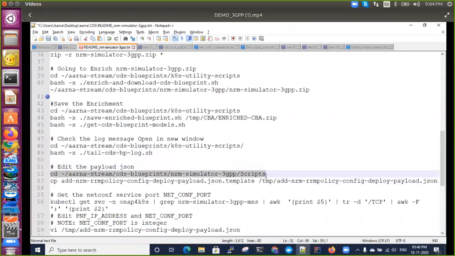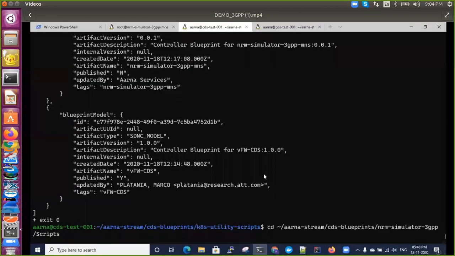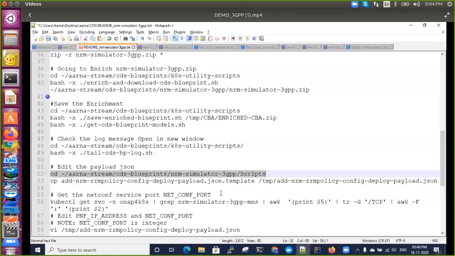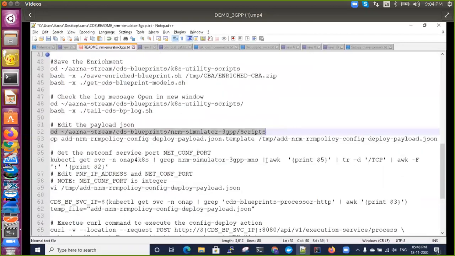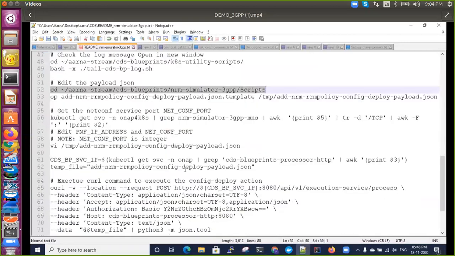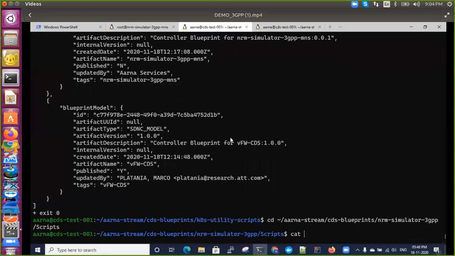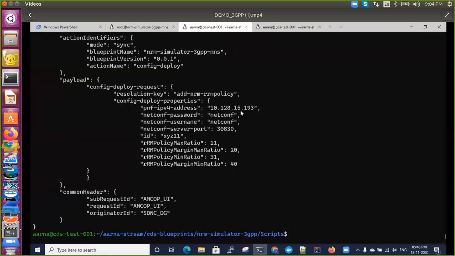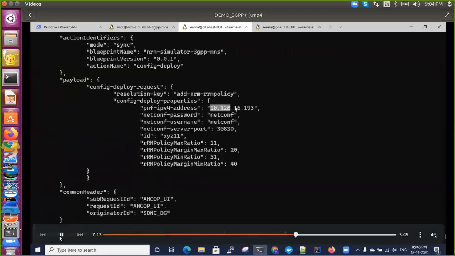So now let's look at the payload. We are going to push certain attributes to CDS through a REST API call. Let's take a look at this JSON. If you look at it, in this REST API, what we are doing is giving the target